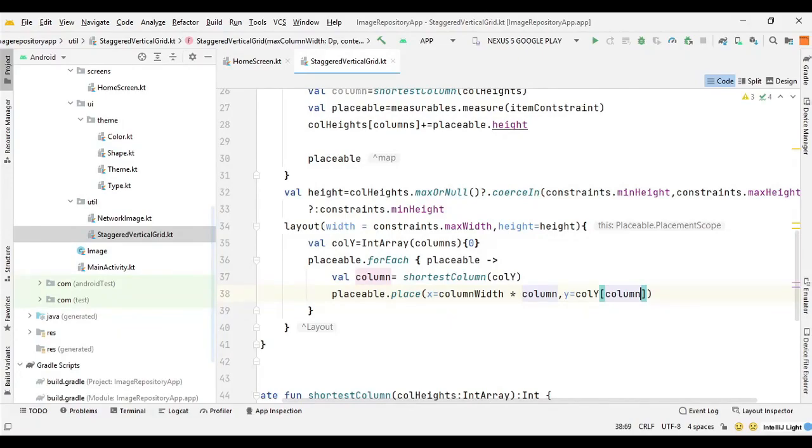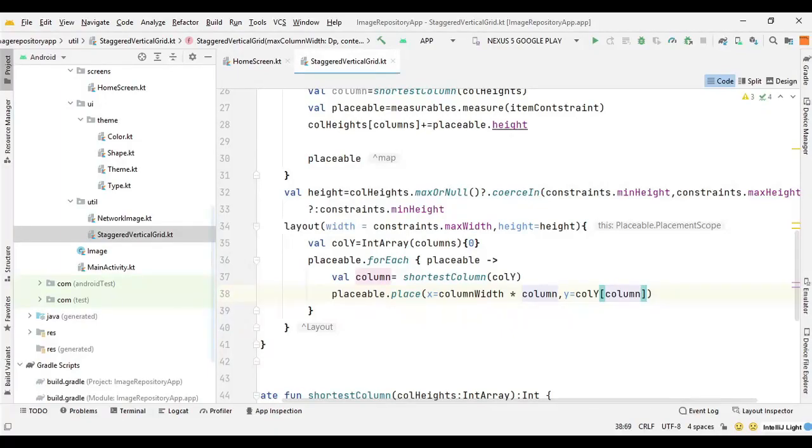So it will give us the position for the first item at the top left corner on the screen, and it will add the height of that item onto the y-axis.